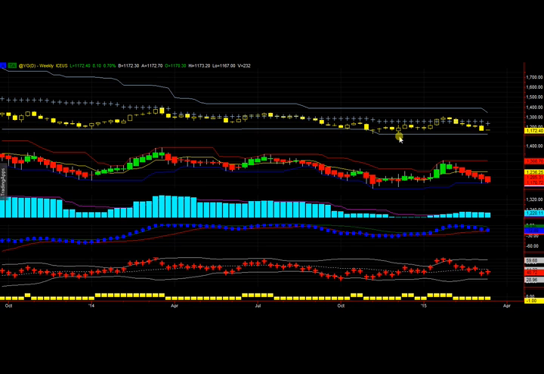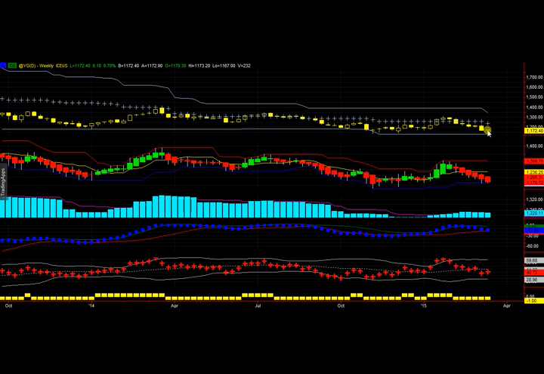Looking again at more of the pattern, you see that the 1135, 1155 area has acted as a big area of support in the past, certainly at the end of 2013, and then more recently in the fall of 2014. Now, should we see that level be breached on a closing basis in a convincing manner, i.e. by about $20 or more, that would probably open the door for a more substantial and serious decline in gold. So again,